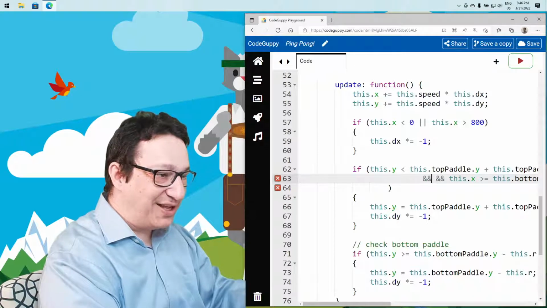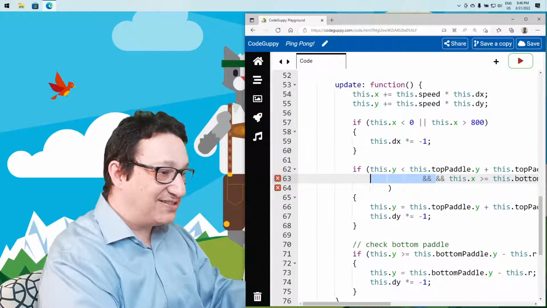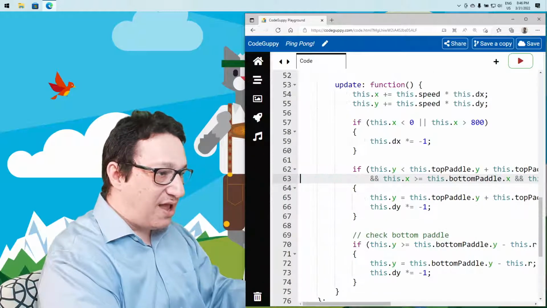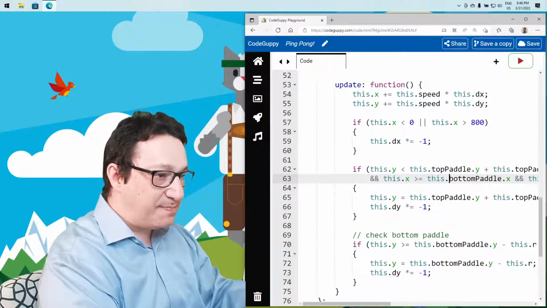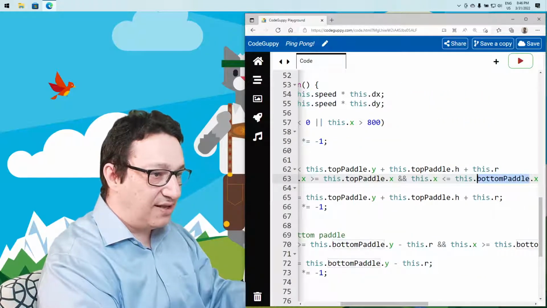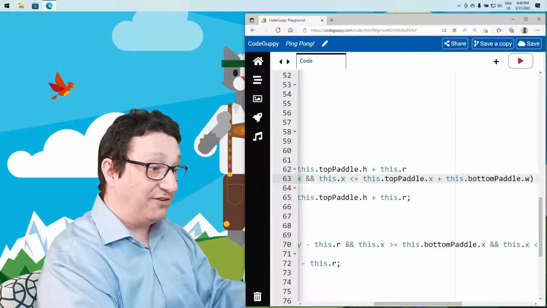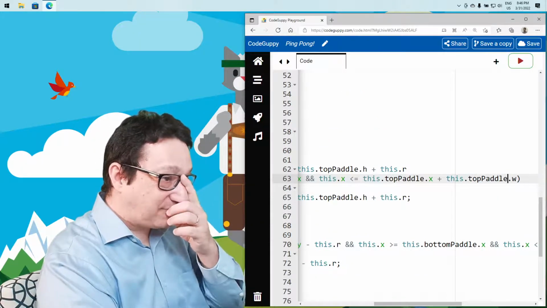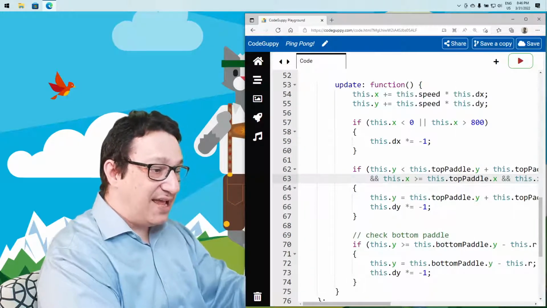We don't have to put the entire thing on a single line inside the if. Already the code is a little bit big for this one. And if this.x is bigger than, so if the top paddle, it's just under the ball, right? Or above the ball in this case. So, yeah, just like that. Now,